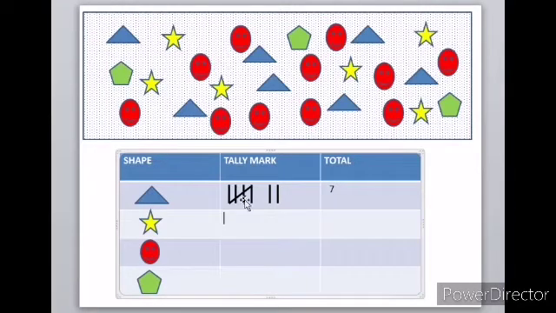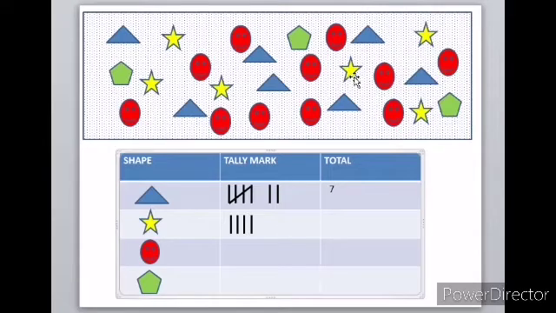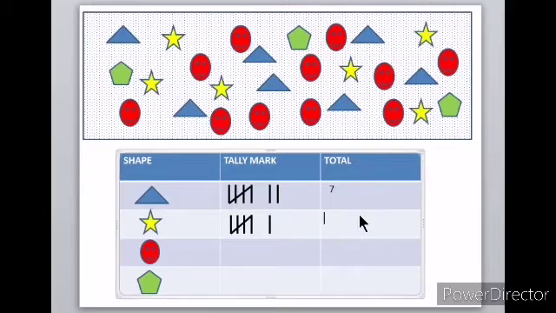Now let us take stars. First star, you will put 1 tally mark. 2nd star, you will put another tally mark. Third star, 1 more. 4th, like that. And the 5th, how will you put it? You should not put it straight. You should cross it. So once you cross it, that group is over. 5 count is over. Then 6, again you will leave a gap and put 6 after that. So now we have only 6 stars. So totally 6 we have written.